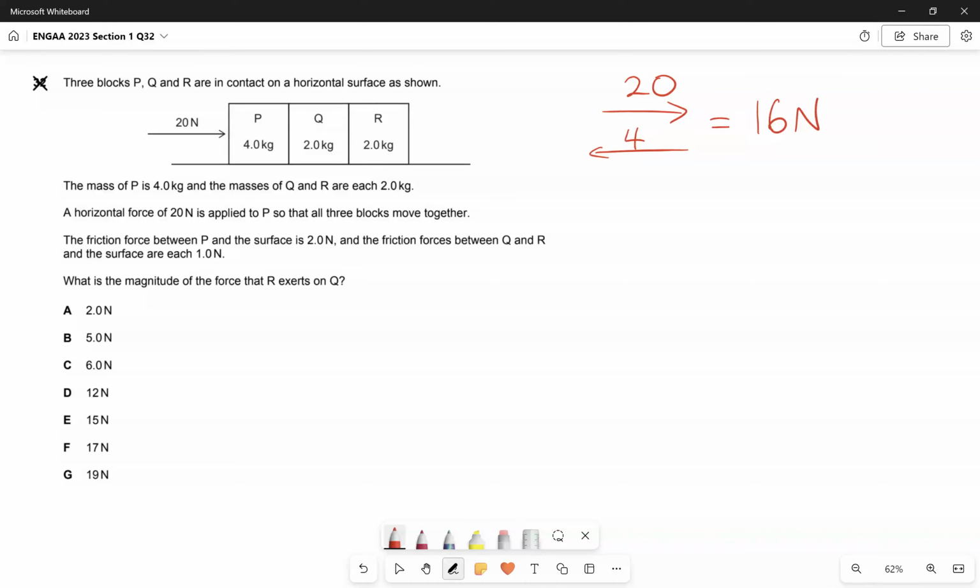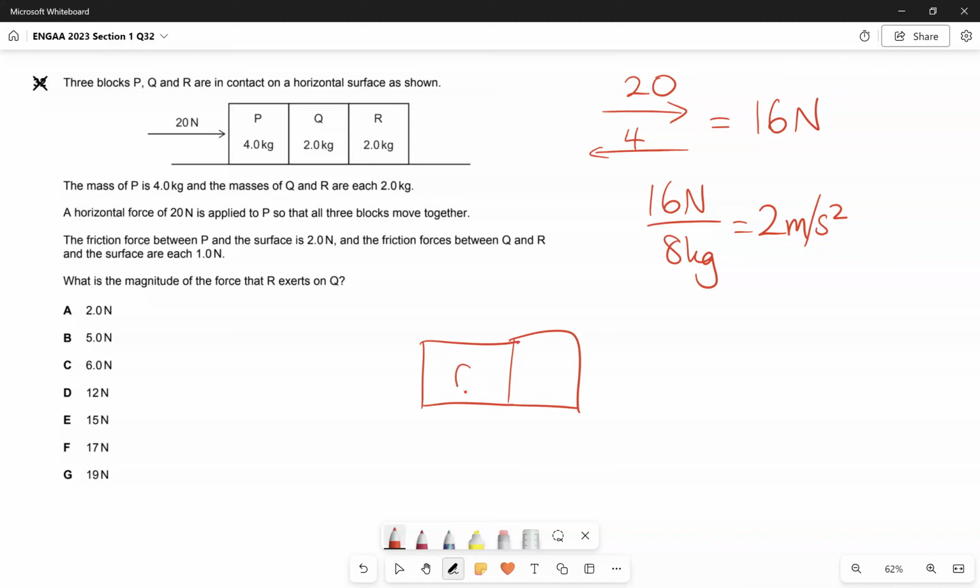And then the total mass of these three blocks is 8 kilograms. So we have 16 newtons divided by 8 kilograms equals 2 meters per second squared. And so we want to find the magnitude of the force that R exerts on Q. So if we draw this situation